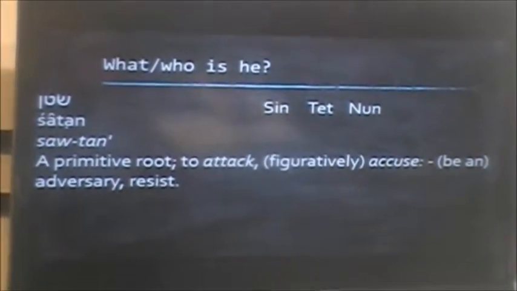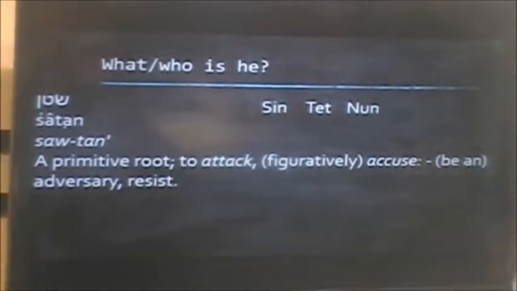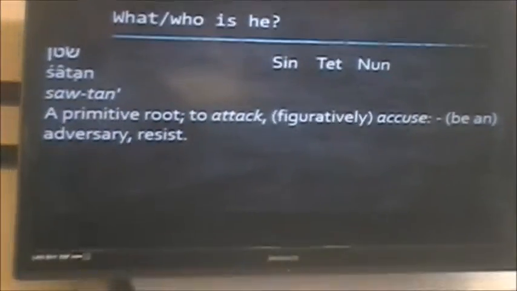And remember, in another teaching when we taught about the heart, the shin, that letter was all about guarding. It really equals teeth, and how Yahweh acts as a guard against. So it's interesting that the other side of that sound, not the shin but the sin, is in the word for adversary, or Satan. And we talked about the tet, which is the sign of the snake, and the nun being seed.